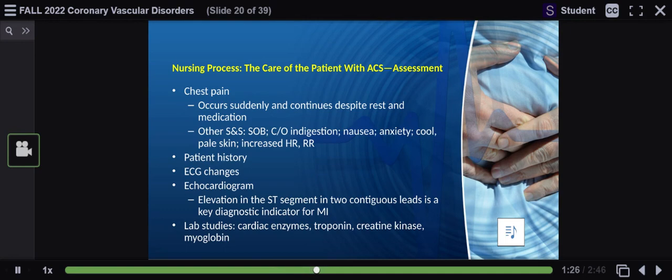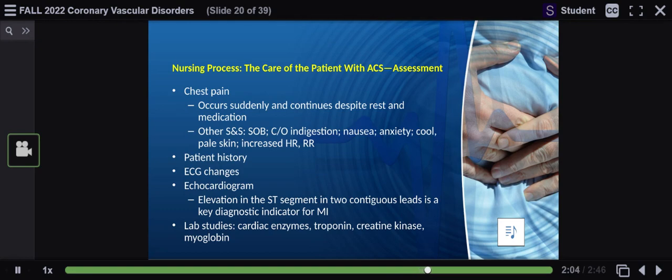Physical examination is always conducted, but the examination alone does not confirm the diagnosis. So the patient history also should be included. This patient should be able to describe the presenting symptom, any history of previous cardiac or other illnesses, and the family history of heart disease. They should also give you information about their risk factors. Okay. And lastly, the 12-lead ECG provides information that assists in ruling out or